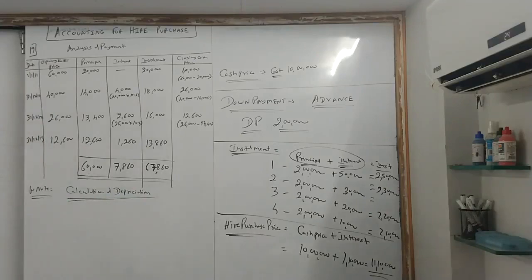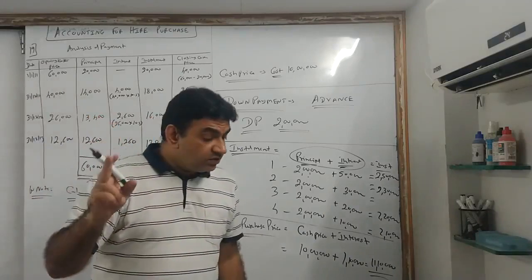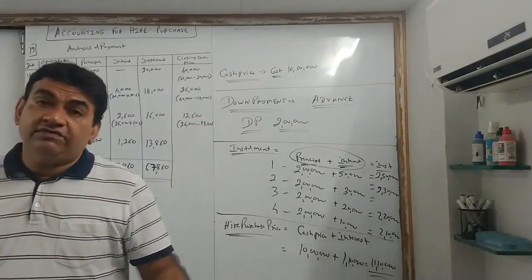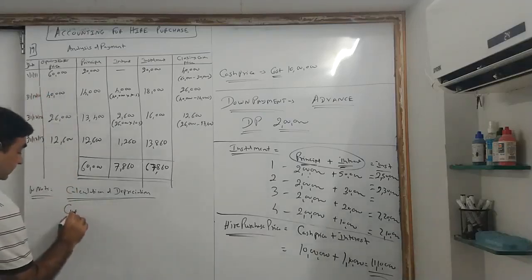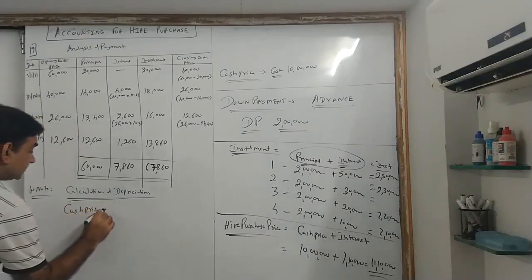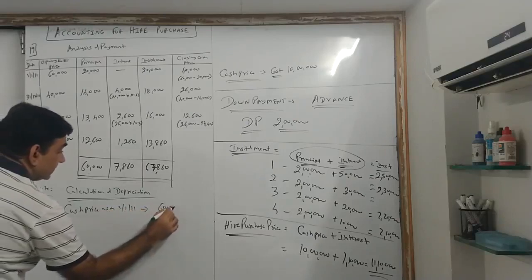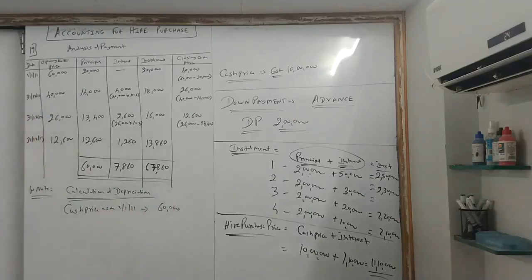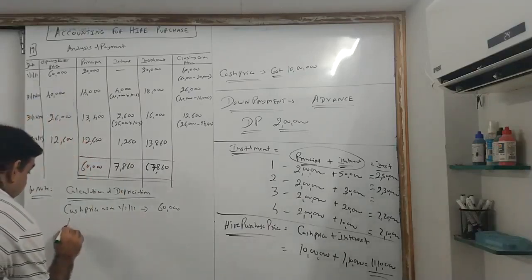Now see, they have mentioned depreciation 20% on cash price. Even if not, the first year it is always on the cash price. So see what you will do. What is my cash price? 60,000. So write it. Cash price as on 1st Jan 11, 60,000. This is reducing installment, so every year's depreciation changes. If it is fixed, it will be every year 20% of 60,000. Rate is 20%, correct? Now, my first year's depreciation will be